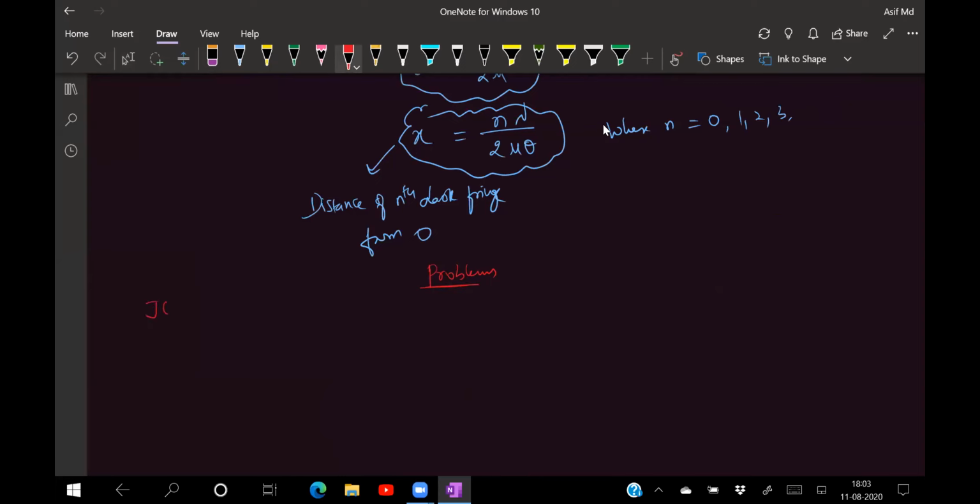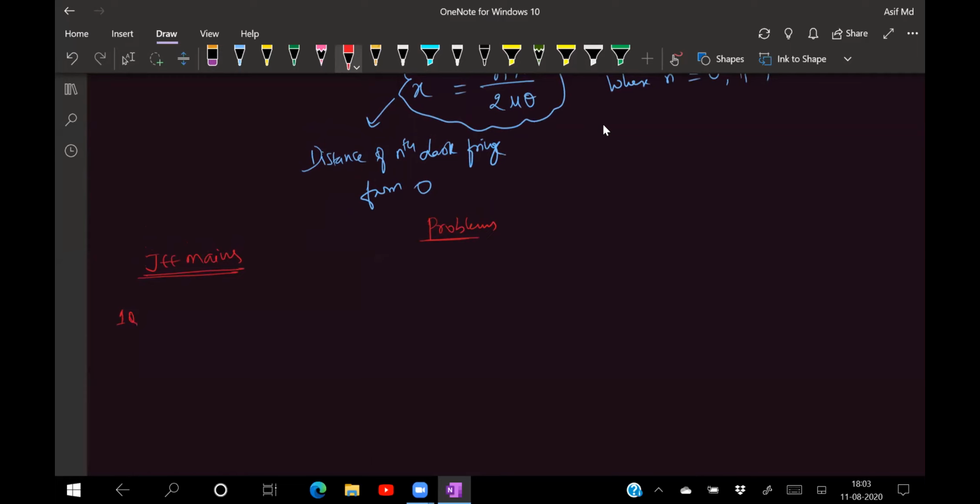These are some JEE Mains questions asked recently when the online exams were being conducted. Let us see how many of you can give me the answers faster. First question: consider a YDSE as shown in the figure. What should be the slit separation small d